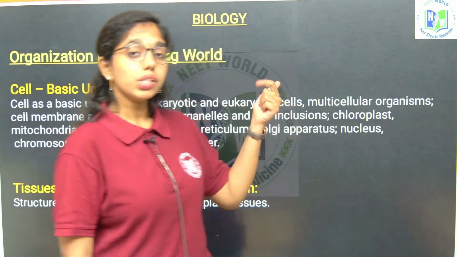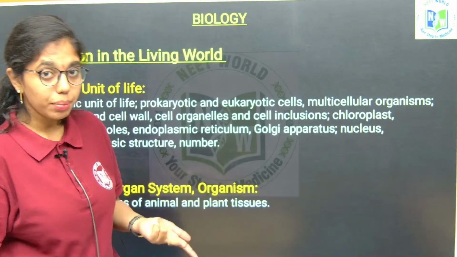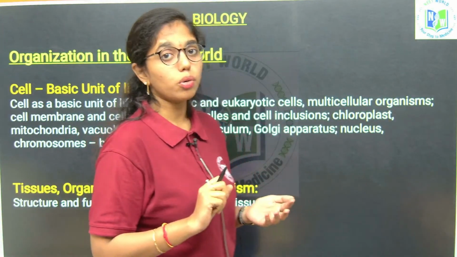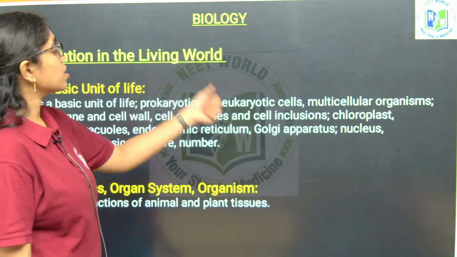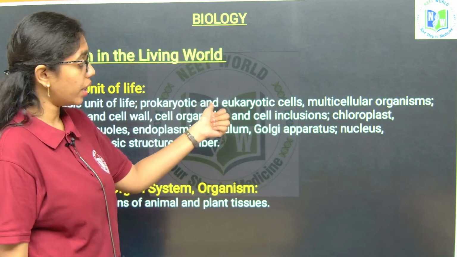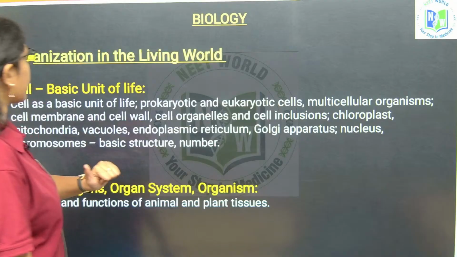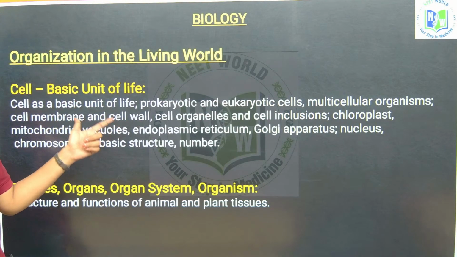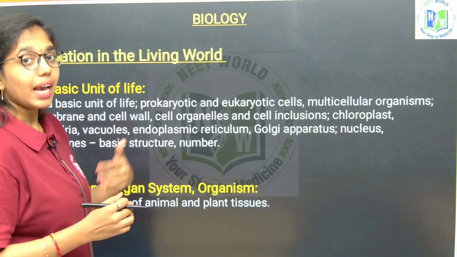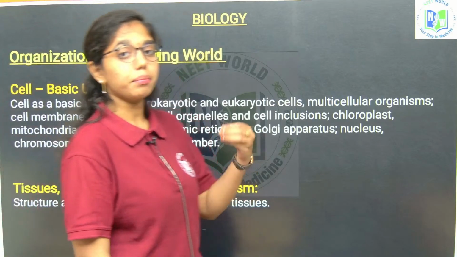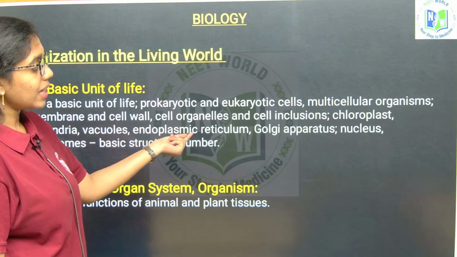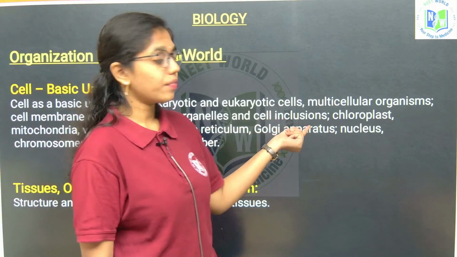Non-membrane bound, single membrane bound, double membrane bound organelles, endomembrane system, shapes of the chromosomes, all these concepts we have to exercise over here. And multicellular organisms. Most importantly, cell membrane, cell wall's composition in algae, fungi, bacteria, all the cell wall compositions, cell organelles, and cell inclusions that we see in bacteria